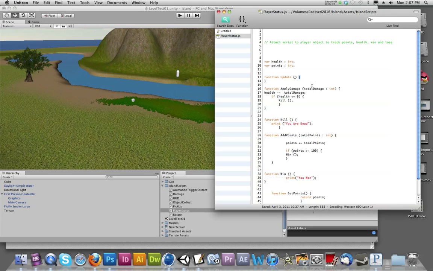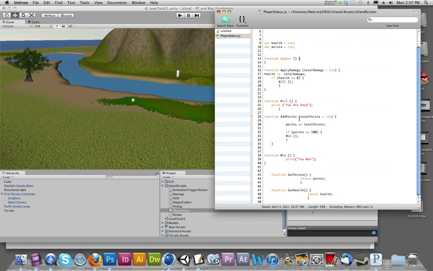But I have opened up this script, and I just want to talk to you about some basic components here. There's a couple of variables. There's a health and a points variable. And so this script is going to track what the health is and how many points the player has accumulated. And there's some basic functionality here that basically says that if health is less than or equal to 0, execute this kill function. And all that the kill function is doing is simply showing a bit of text that says